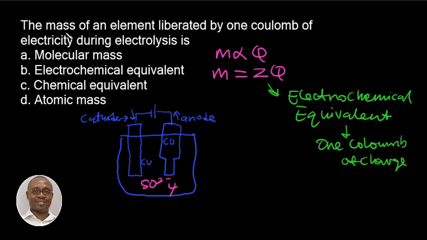Alright, so let's go back to the question and answer. The mass of an element liberated by one coulomb of electricity during electrolysis is A. Molecular mass? No. B. Electrochemical equivalent? Exactly. The Z is also known as the electrochemical equivalent. Okay. C. Chemical equivalent? No. D. Atomic mass? No. So the answer option B is the